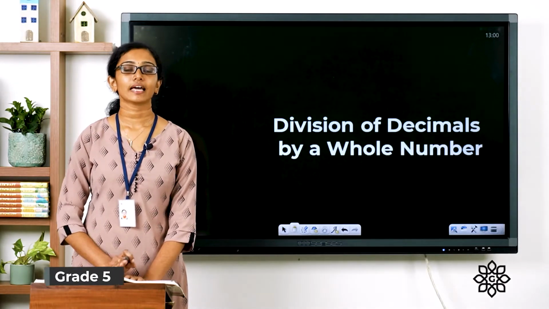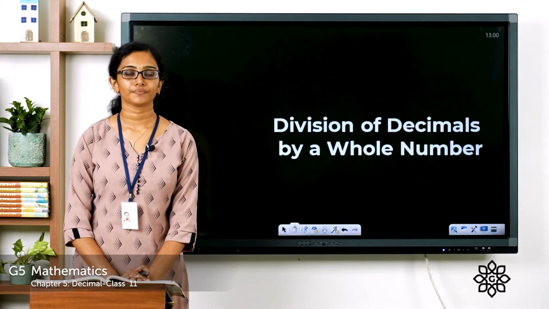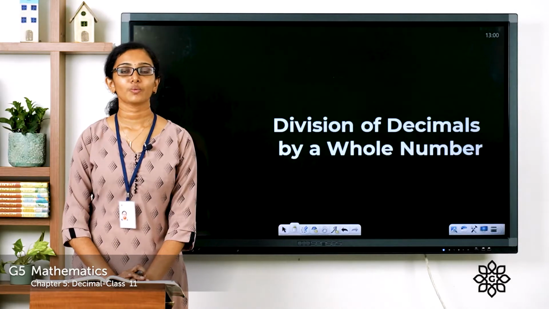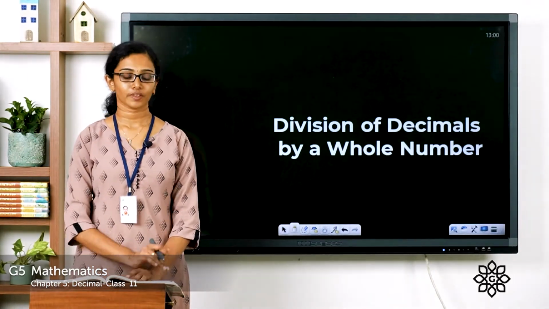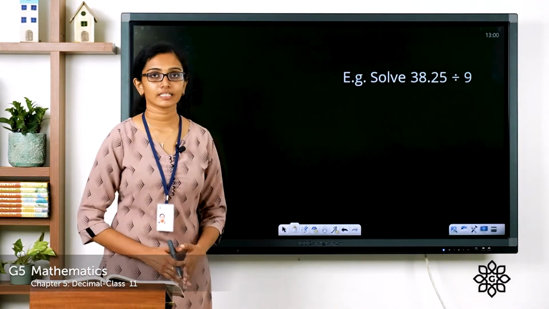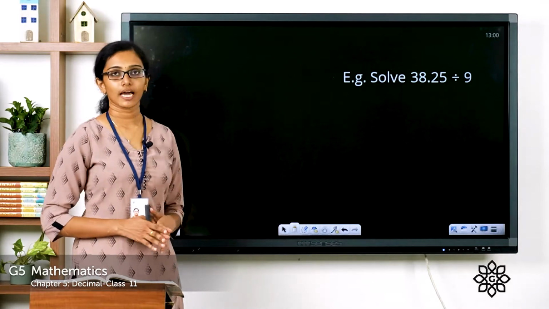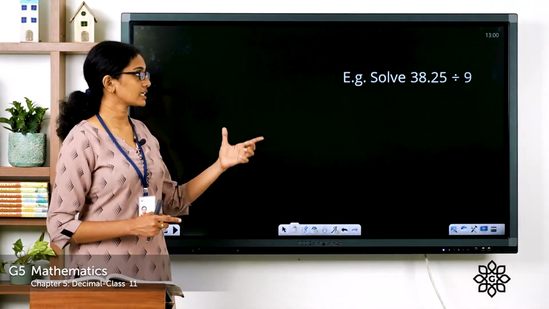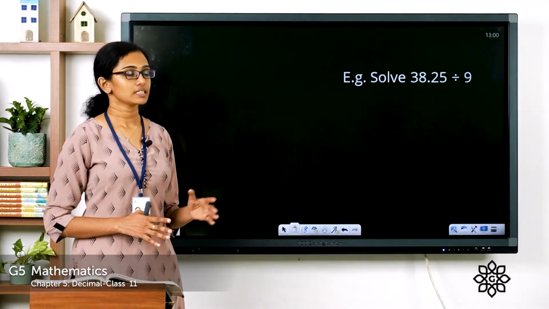So we have learned the addition, subtraction and multiplication of decimal numbers. Today let's learn how we can divide a decimal number by a whole number. Now look at this question given here. Solve 38.25 by 9. The dividend is 38.25, which is the decimal number, and we have a divisor 9, which